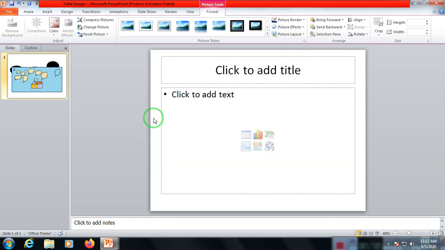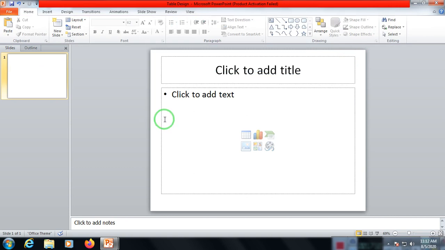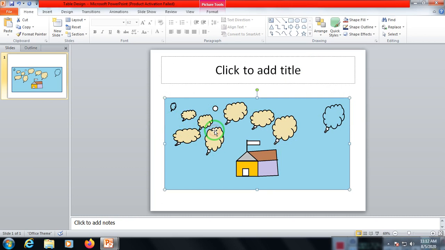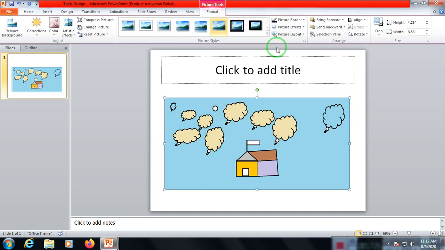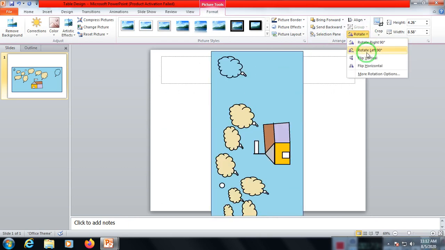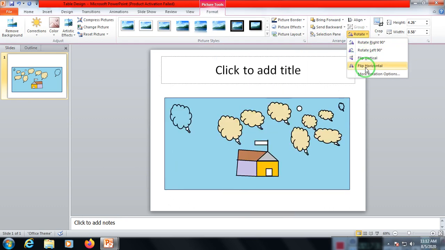Then again, next thing, control Z, now this is grouped, okay, one picture is removed. Now there it is, another option, format, rotate. Again if you want to rotate a picture, as you know, rotate right, left, flip vertical, flip horizontal.